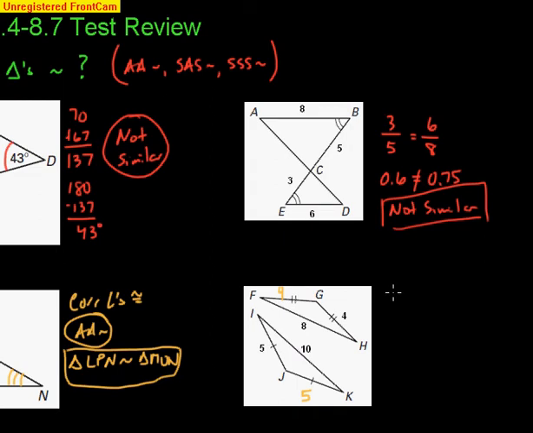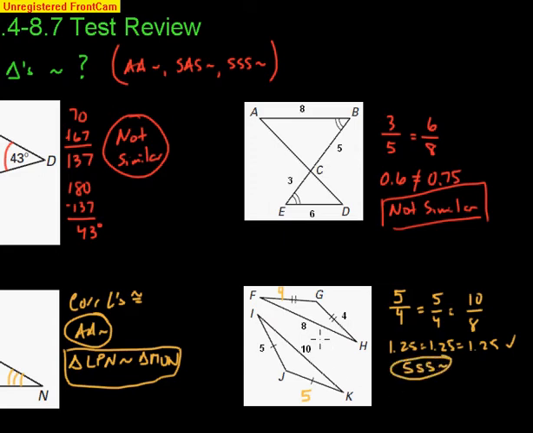Okay, we really only need to compare two sides because these ones are congruent, but we'll do them all. 5 corresponds to 4. Is that going to be equal to 5 corresponding to the other 4? Is that going to be equal to 10 corresponding to 8? Well, if you simplify all of these, you get 1.25, 1.25, and 10 divided by 8, lo and behold, is 1.25. They are all equal, so by side, side, side similarity, we can say that these two triangles,